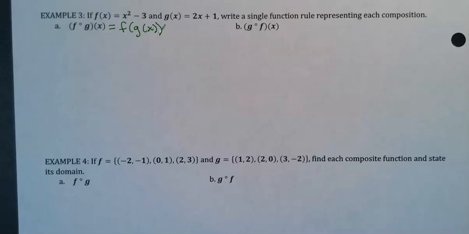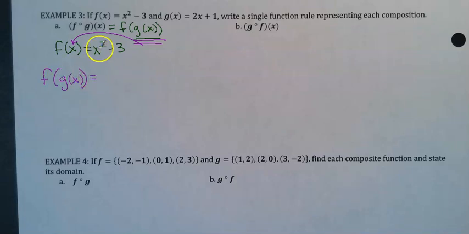So let's think about this. Our f of x, because that's what we're starting with here, equals x squared minus 3. We're supposed to solve the inner function and place that into what remains, the f. We take this f of x and say, this is f of g of x. So we're going to take this x squared minus 3 and put g of x in for x. Our g of x is 2x plus 1. So in this quantity, that x squared, I'm going to say this is 2x plus 1 squared